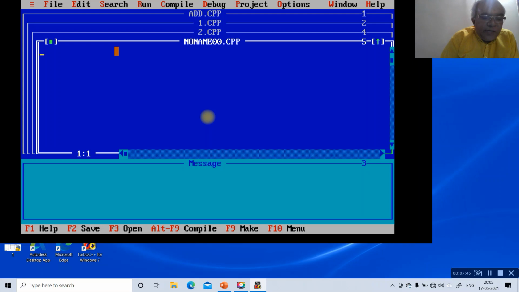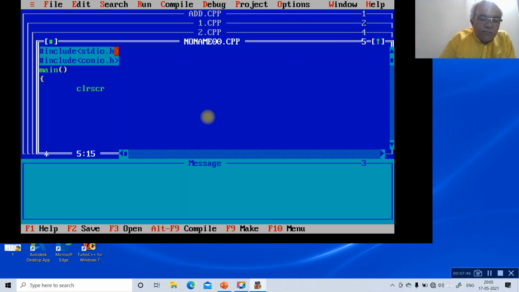We include stdio.h, then include conio.h, then we have main, open parenthesis, then clrscr.